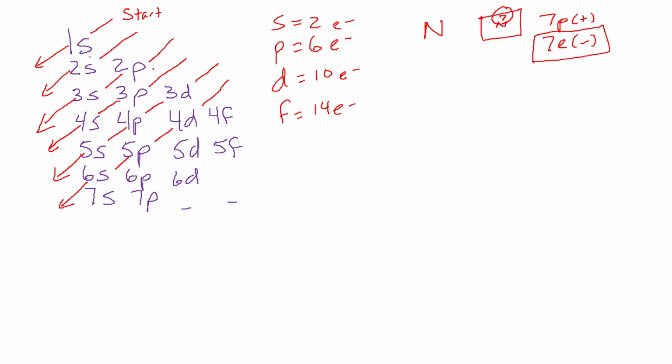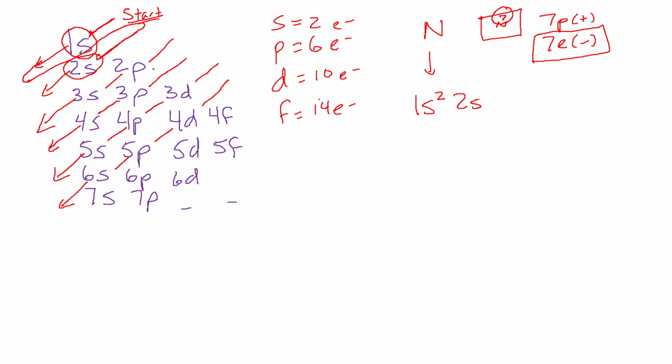So we will start here. We always start here. We will come down. First spot we hit is 1s. So electron configuration 1s2 up on top. We then would need to come back around to here. And now we're going to hit